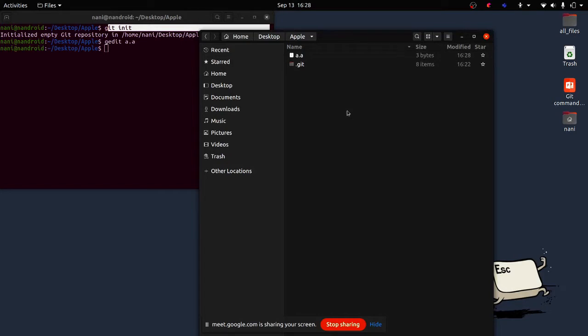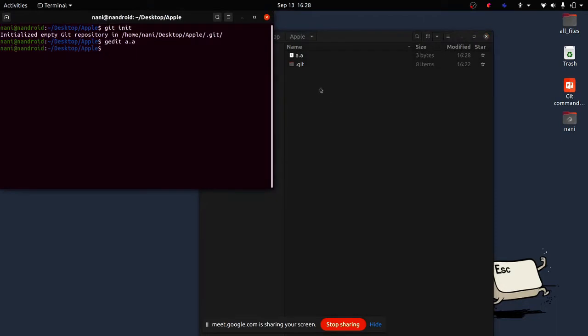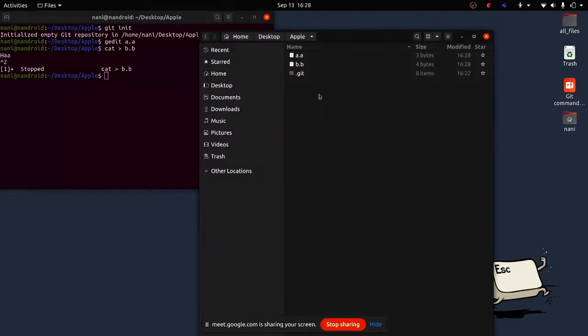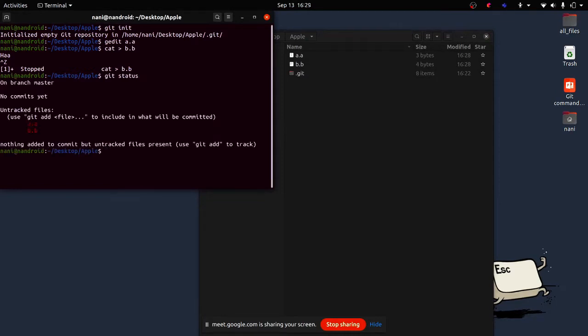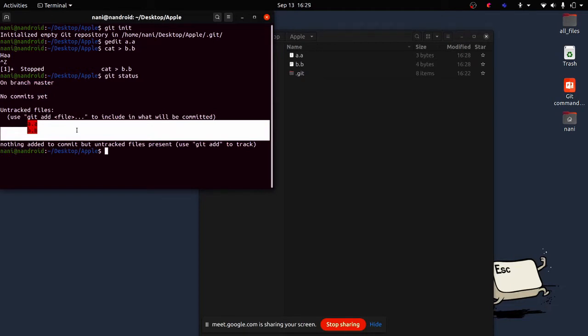So I've created a file called a.a. Now I'll create a file b.b. So I have two files right now. This command I'll explain in the next thing. Right now I have these two files which are not yet added into this Git repository.